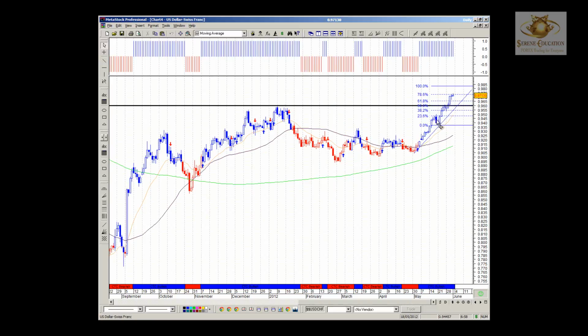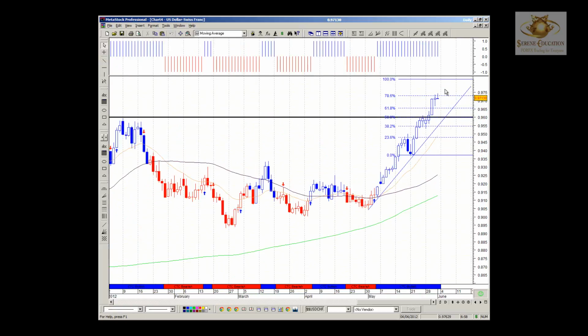So this is the first part, little pullback, and then this over here we expect to see 100% extension of the initial move to the upside. So all in favor of further gains for this pair, as long as the 960 still stays below price, and if it can stay above the 61.8 here at 965, then we should see a positive bounce quite quickly to the upside. So if you take this little short pullback here just before the break of 960 here,